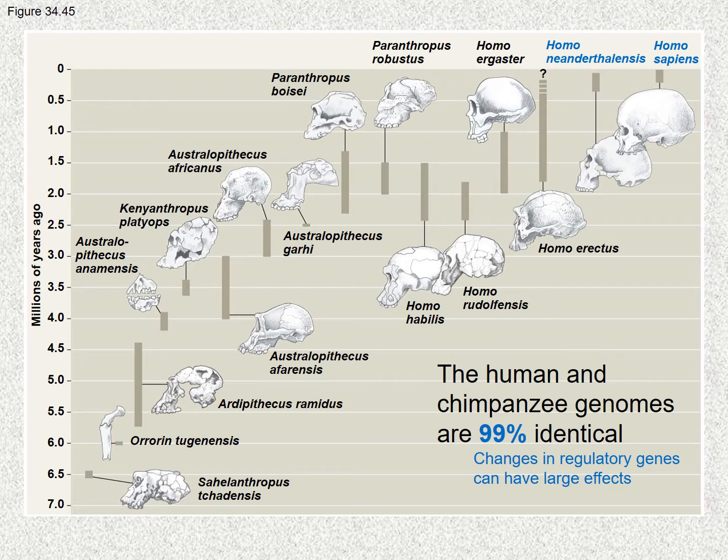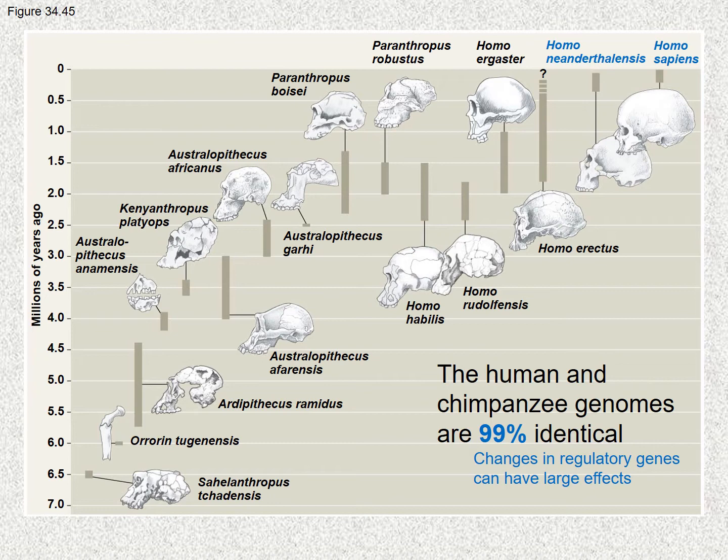But interestingly enough, the human and the chimpanzee genomes are 99% identical. There are some differences in the numbers. I think there are some numbers that are a bit lower than that, maybe 96 to 97. But ultimately, that's quite a bit of the genome. But when you think of how large the genome is, there's still a lot that can be different. Most of the differences are changes in the regulatory genes that can have very large effects, right? So regulatory, how the genes are regulated.